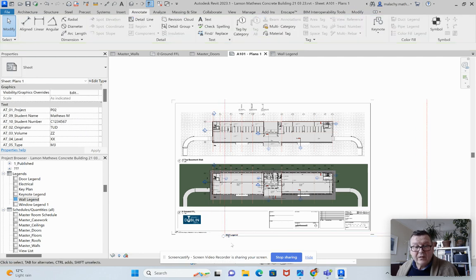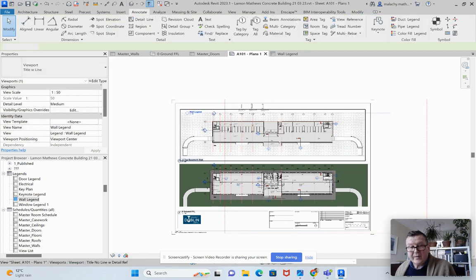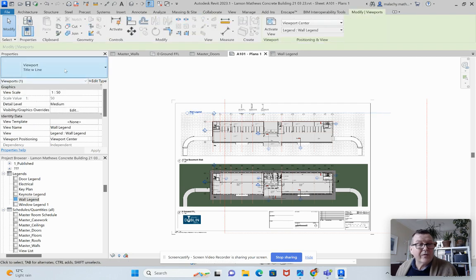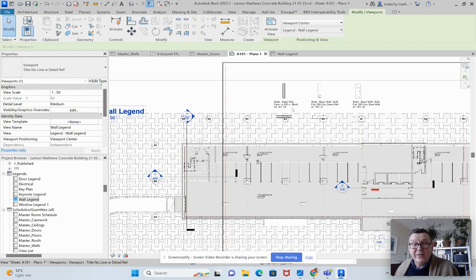Center it here. Take the wall legend, maybe put it across there, something like that. We can take that wall legend out. So now I can delete the red lines once I'm happy with it. But you can see now that that wall legend had, here's my